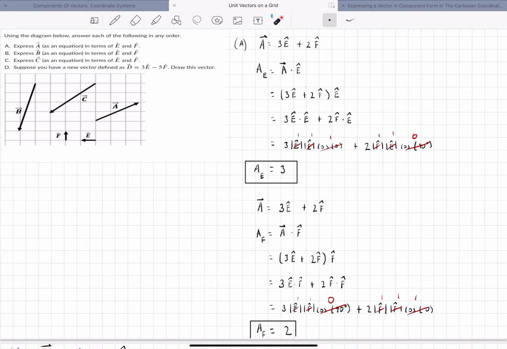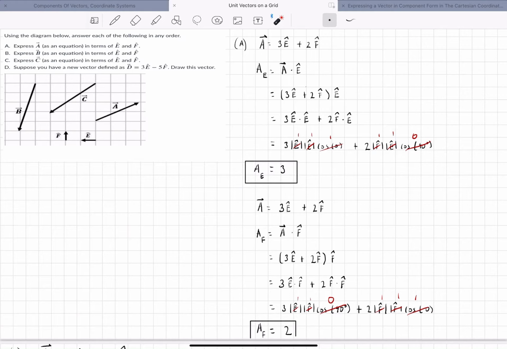And the reason why I chose this as the component form is because, as you can see, A is going over to the right three squares, and going up two squares in the F direction. And then, in order to get A sub E, we would dot vector A with E hat. So we would take the component form of vector A and dot it with E hat, and then distribute E hat, which would give us 3 times E hat dotted with E hat plus 2 times F hat dotted with E hat,